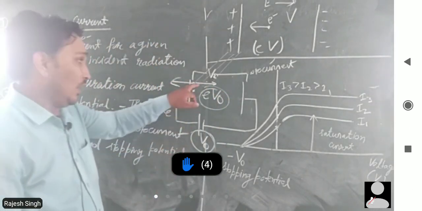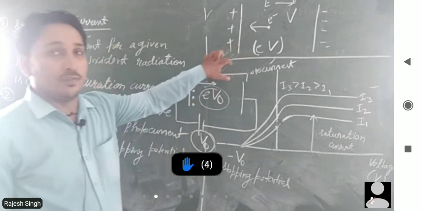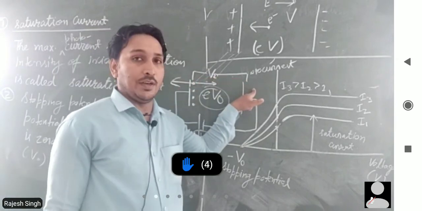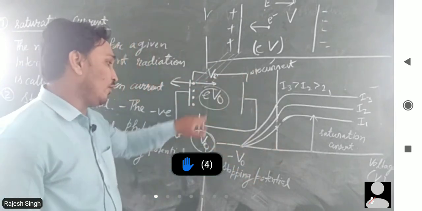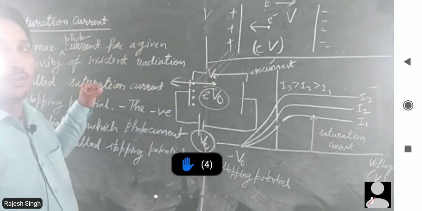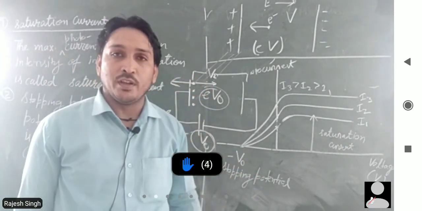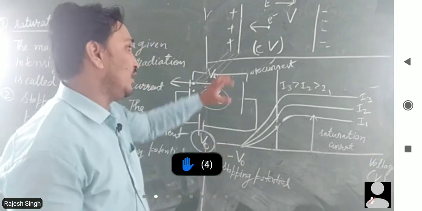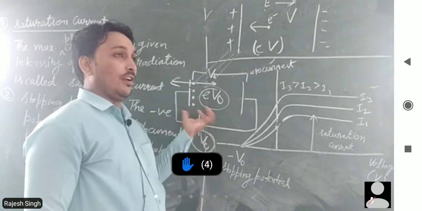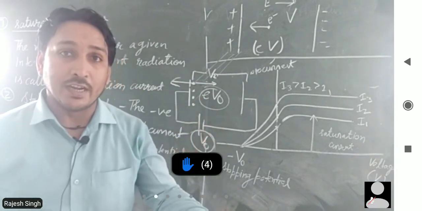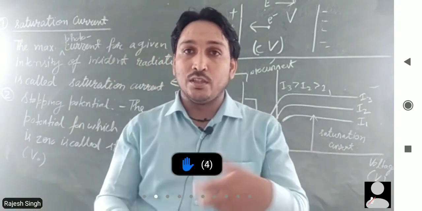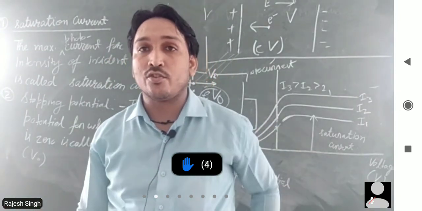This kinetic energy, which is because of the incident radiation, is pushing the electrons towards the other plate. But the eV0 we have applied, since V0 is negative, is pulling the electron back. As a result, the electron is not moving. It simply means that whatever energy it is getting from the radiation, the same amount of negative energy we are giving to it. Radiation is giving positive energy to it. If we add those energies, the result is zero, and that's why the electrons are not moving.